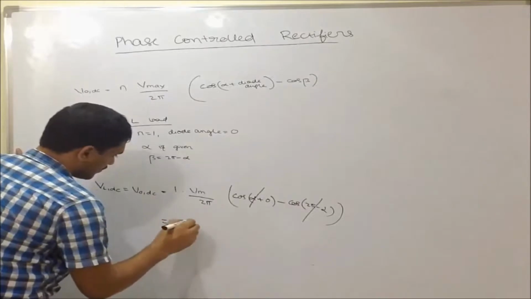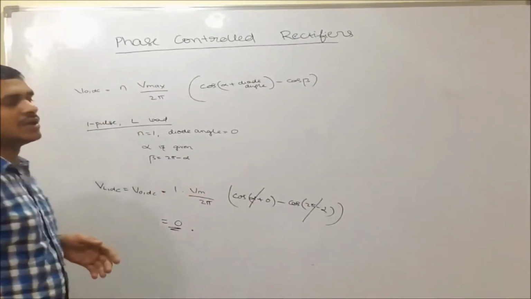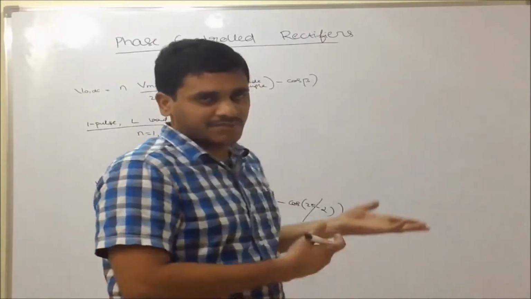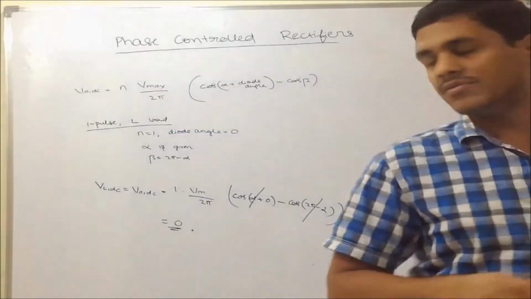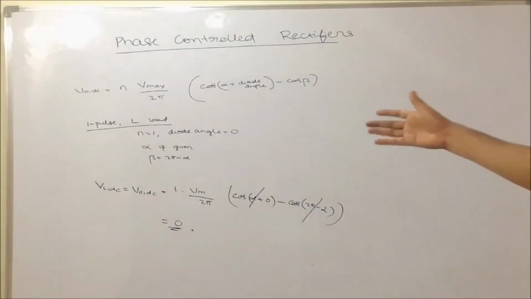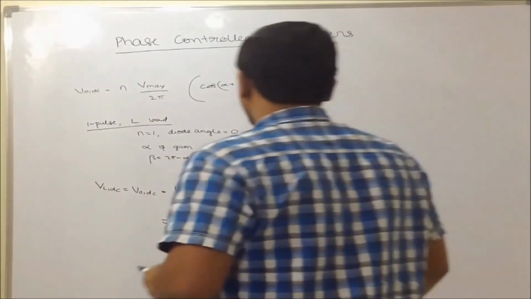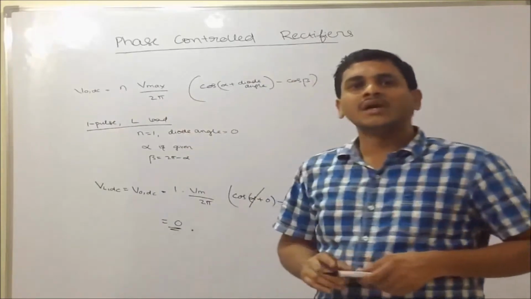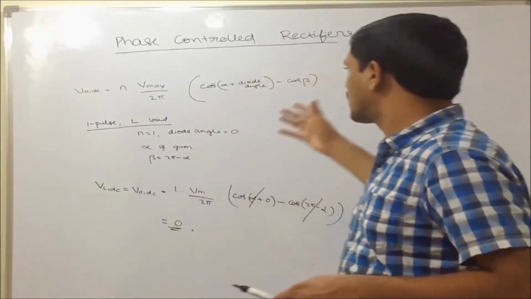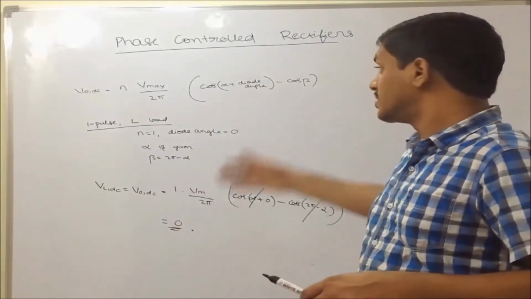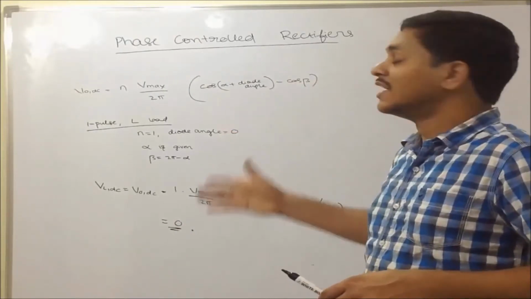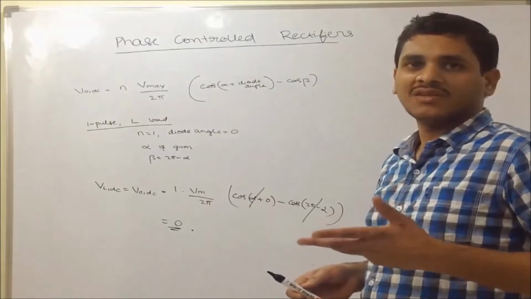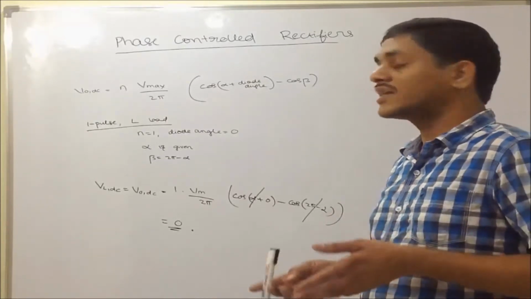So I get 0. The average voltage across the inductor is 0, the same thing I have proved. This is the most efficient way of finding the average voltage. Many problems have come on the inductive load. It is very easy and very important. Directly, alpha is given, and you calculate beta as the conduction angle.